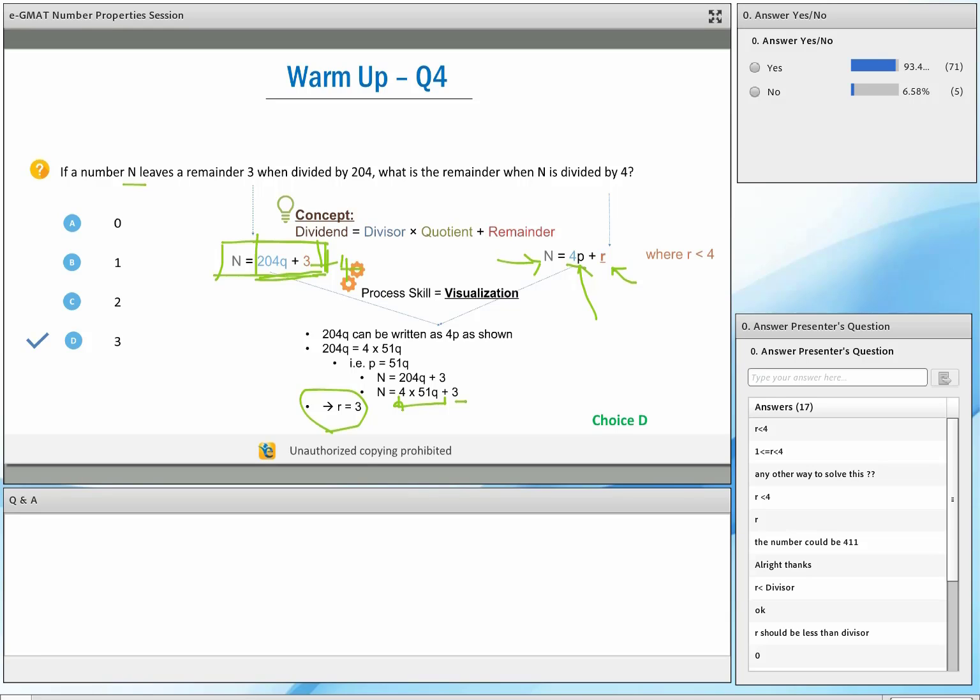Essentially, if you think about it, we are applying the process skill of visualization. We are understanding what it is that we need, and then we are visualizing that need from what is given to us. Okay, so is everyone clear about this approach? Trust me, if you buy into this approach, you're going to see how such a structured approach will help you solve those data sufficiency questions that you solved up front. Another way to think about this: if this question was in the format of a data sufficiency question, would you be able to take up numbers and solve it? That's something you need to think about.